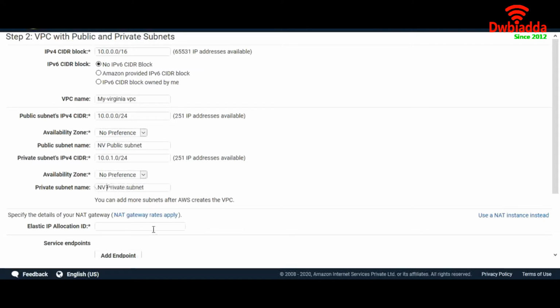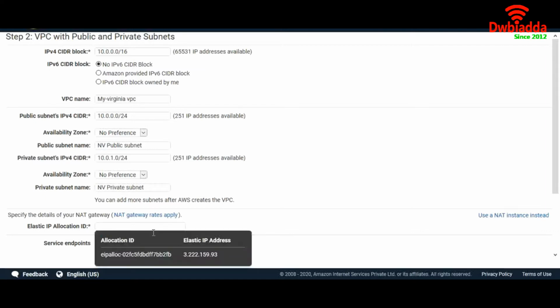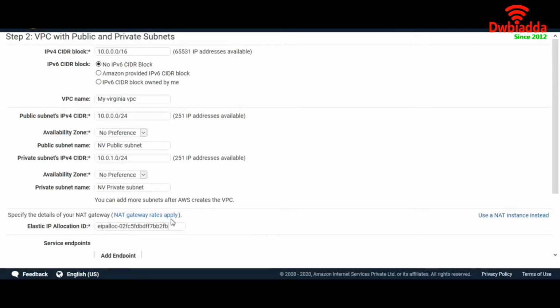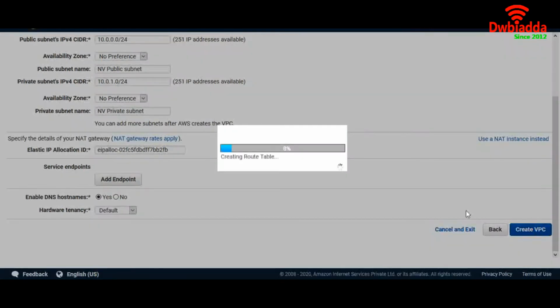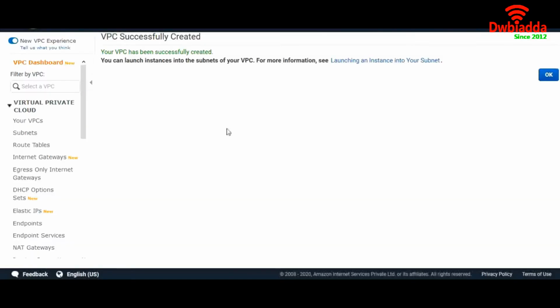This is why we have allocated one elastic IP, because it will create a NAT gateway for us if we create the VPC through the VPC wizard. So it needs an elastic IP. Let's go ahead and create the VPC, and it will take a few minutes for our NAT gateway status to become available. So let's wait for a while. Okay, so the VPC has been created.